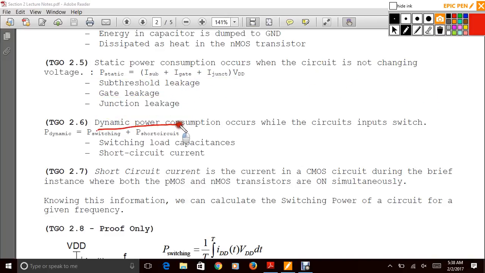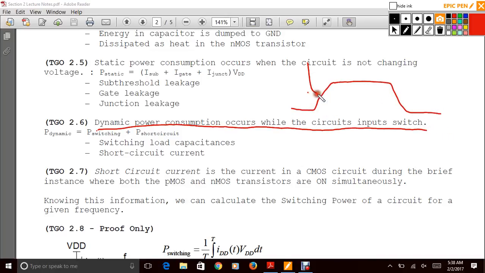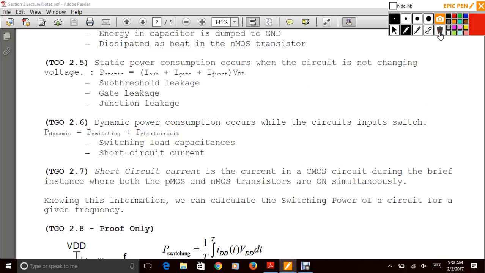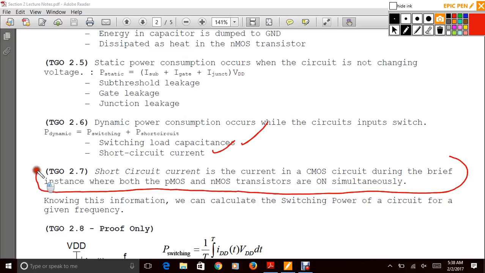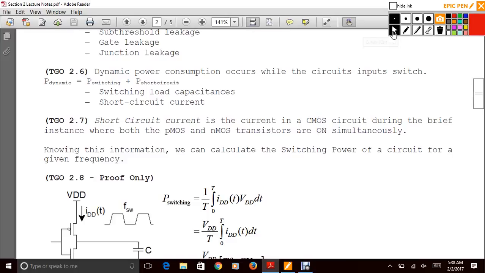But dynamic power consumption occurs when the circuit inputs switch, here and here. And so that's your switching load capacitances and your short circuit current. Short circuit current is the current in a CMOS circuit during the brief instance when both the PMOS and the NMOS transistors are on simultaneously. This would be one of those things where we go into much more detail in CMOS as opposed to low power VLSI design. But what ends up happening is you're going to have in a pull-up, pull-down network